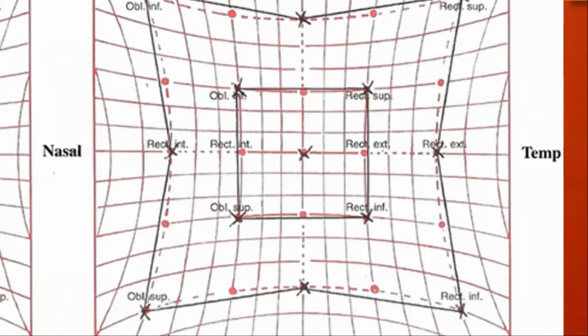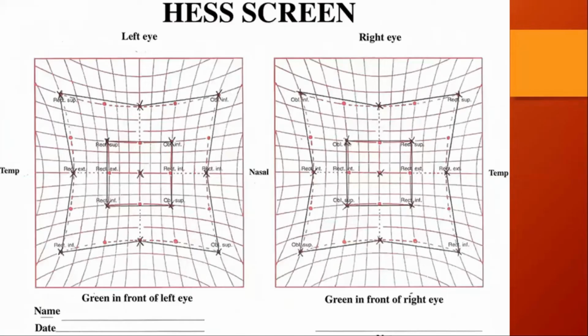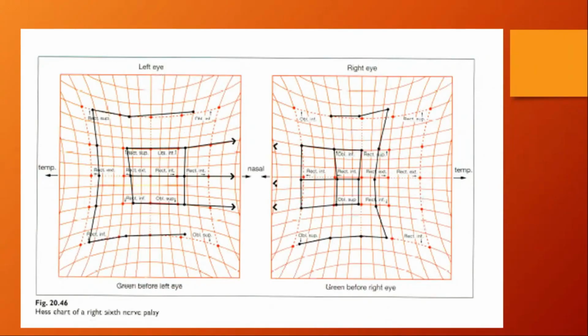And as you notice, each point represents the function of a muscle. Here, this is the action which depresses the eye in adduction, because this is the nasal side and this is a down gaze, so this is the superior oblique. As you can see, it is written superior oblique, inferior oblique; here the medial rectus, lateral rectus, superior rectus, inferior rectus. So let's start with the easiest example, which is the 6th nerve palsy. If you understand this example, you will understand the remaining examples, hopefully.